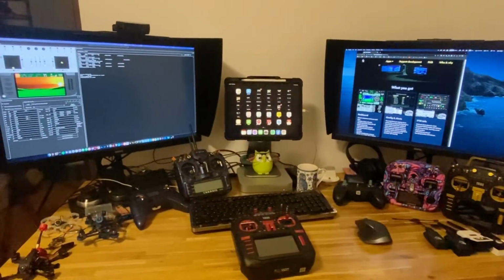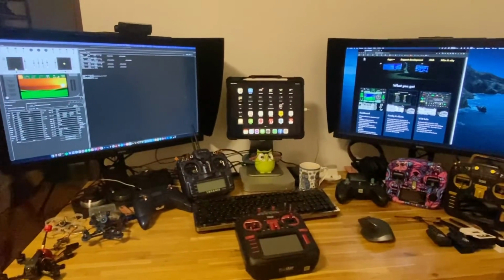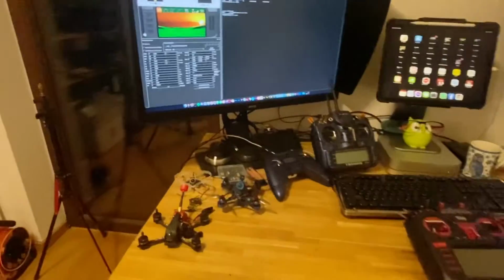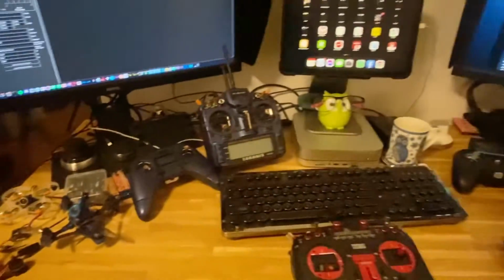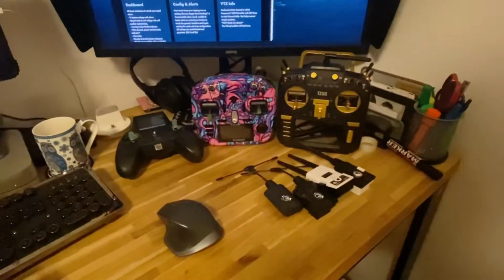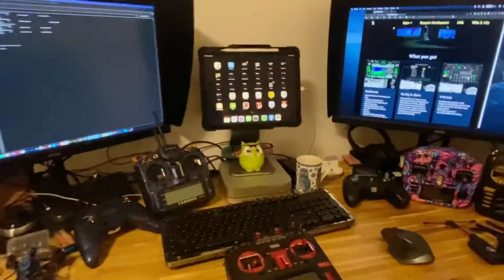So I decided to make a Toolbox 0.8 walkthrough, and it has a lot of features. So we have a lot of stuff now to cover: all features, models for all protocols, different radios, and of